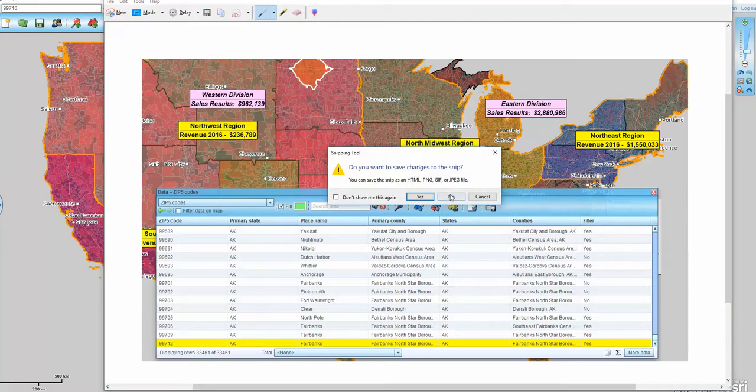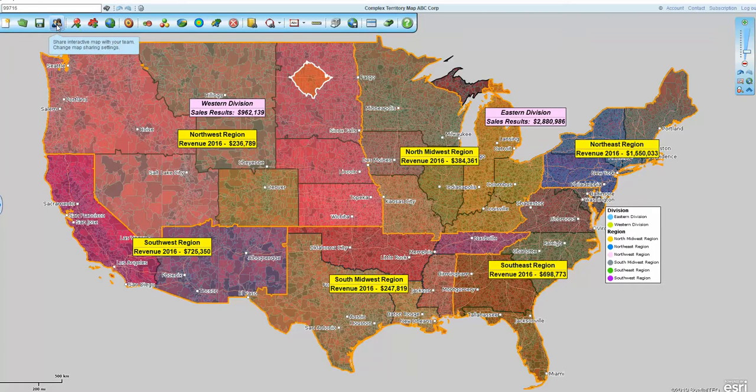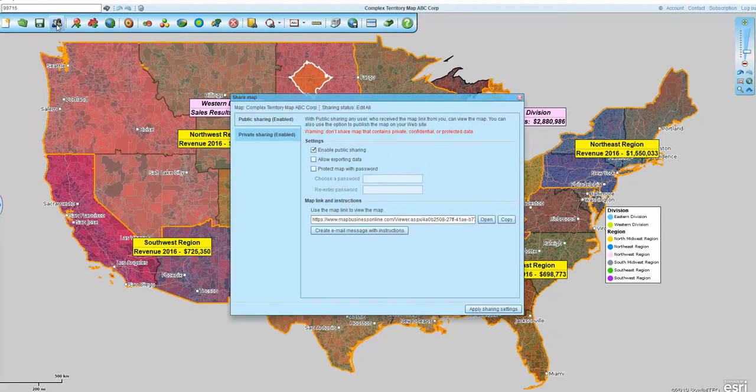And then lastly, I like to make sure that people remember that they do have the ability to share interactive web maps, which really isn't involving printing as much, but it does give your constituents that you share it with the option to print their map view, but you can go in and publicly share these maps. We do have this button down here now which says apply shared settings. So that's once you've got everything set up, if you want to password protect or allow exporting of data,